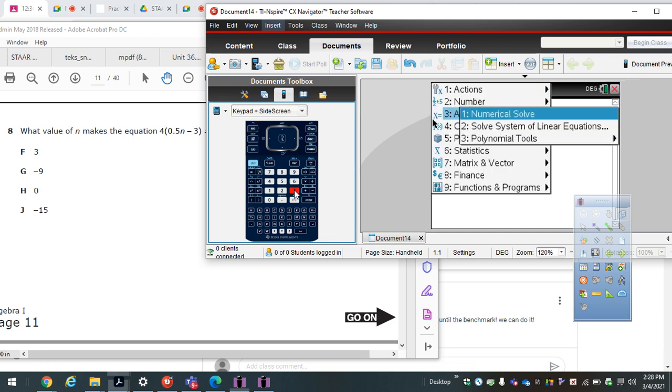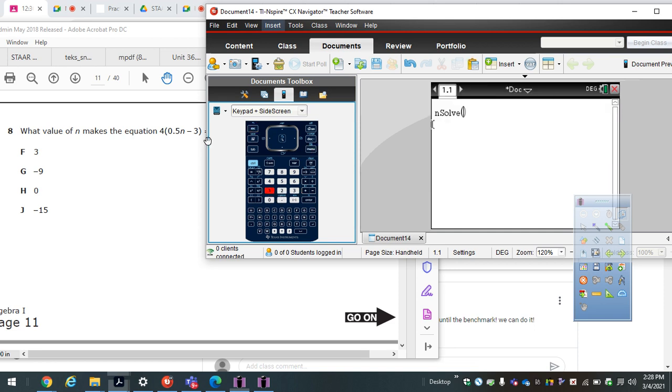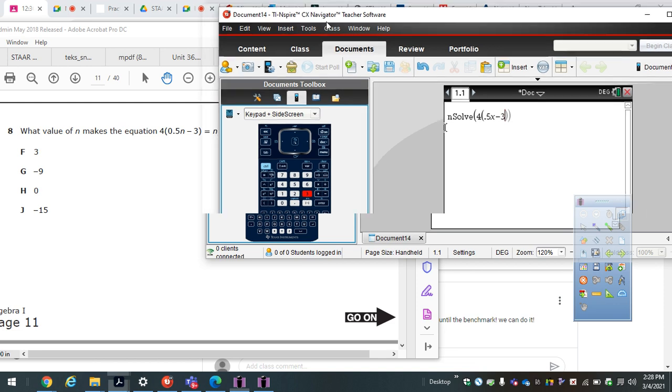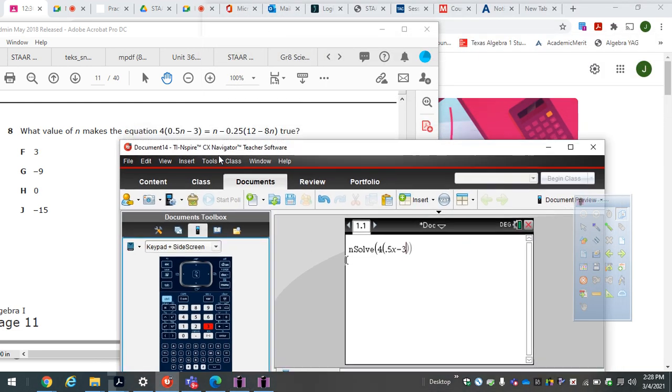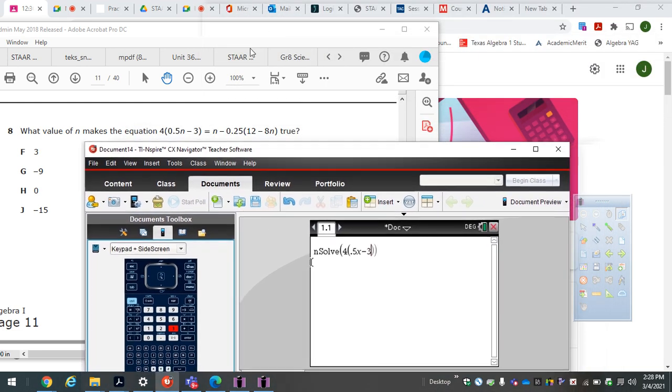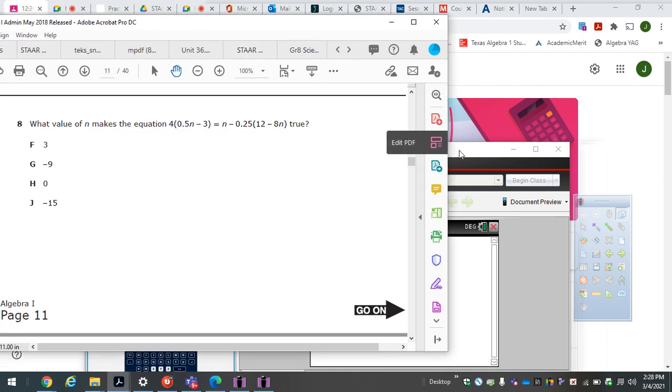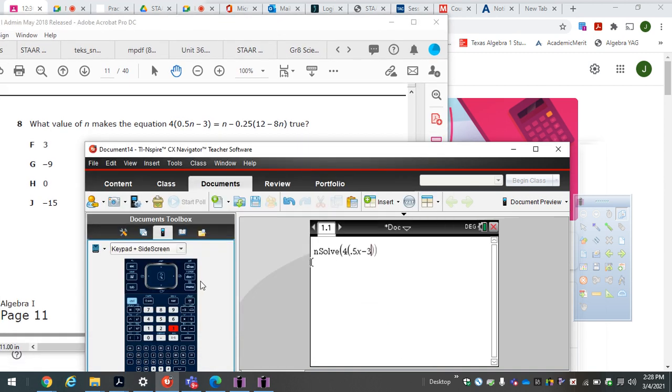Menu 3, 1. Type all that in there. 4 parentheses 0.5 N. You can put N, or change it to an X. Minus 3 equals